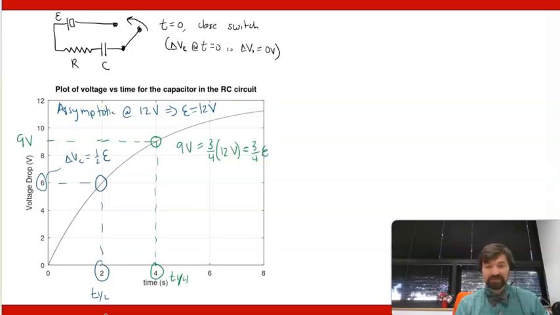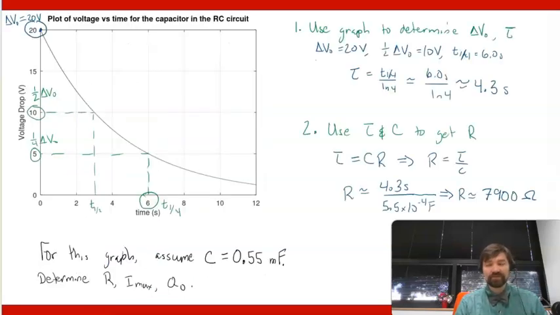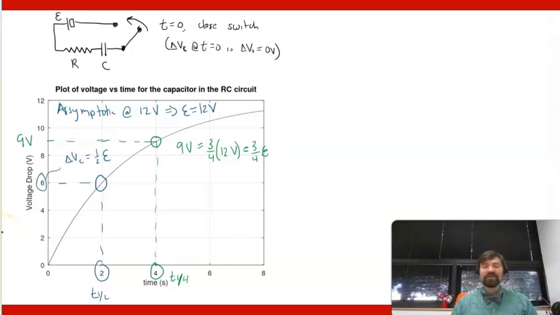But the process after that remains the same as the process we used here. Basically, you use the graph to get delta V naught, to get tau from possibly half-lives, quarter lives, or whatever. And then you can use tau and either C or R to get whichever one you don't know. So if you're told that this one right here has a value of R equals 2,000 ohms, then you'd use tau and R to get C. And then you can get maximum current, you can get maximum voltage on the